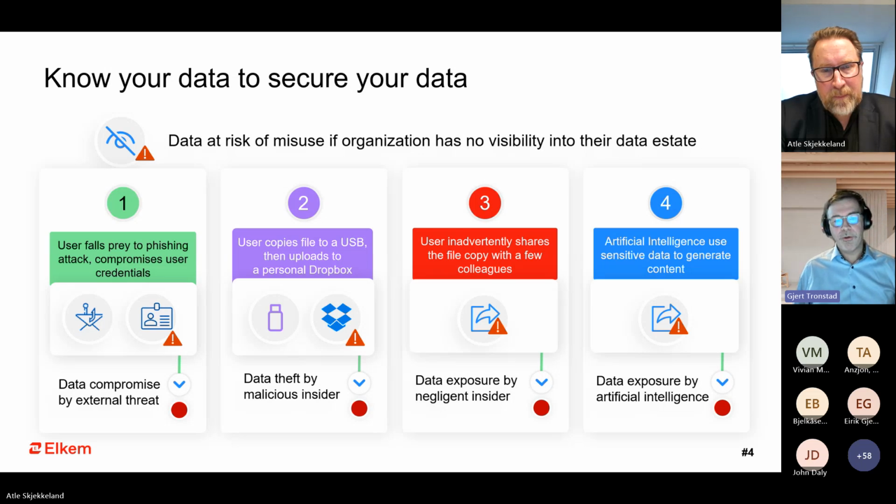We also wanted to make sure that people inside our company really weren't copying information out to a USB drive or Dropbox or something else that we didn't have any control over. Of course, in many of these instances it's not that our employees want to do something bad, so we can put up policies to help them not do what is considered dangerous. We also see that we now have a lot of sharing of information from inside. It could be sharing from Teams, it could be sharing from SharePoint, but how can we control what is shared